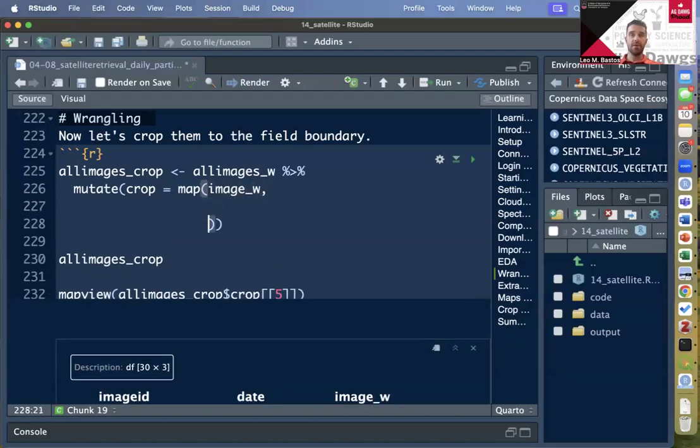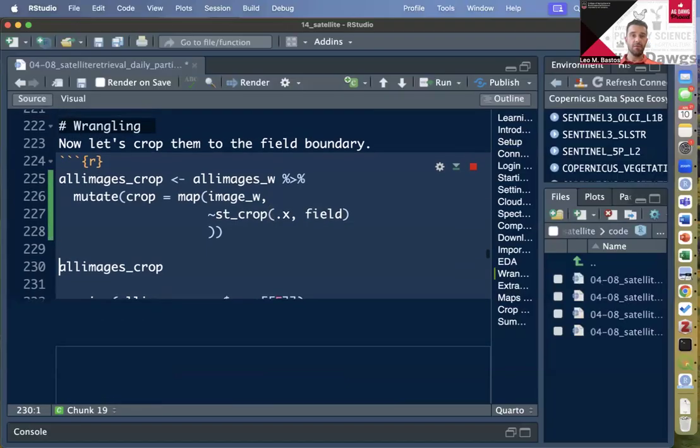Give it a comma. We're going to give it a tilde and call for st_crop as the name of the function, where the first argument is the stars object, which in this case is the iterating element. So we need to specify by the point x, which is a placeholder for each row of the image W column. And then we give here what is the SF object that we want to crop with, which is our object called field. If you run this,